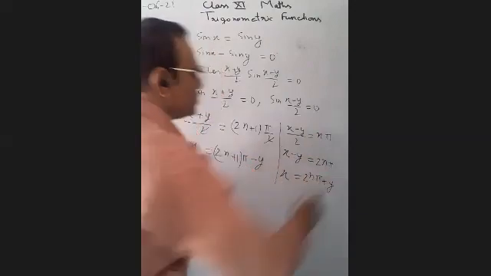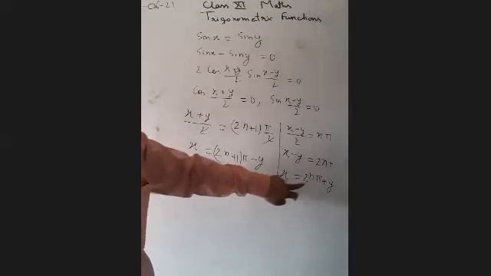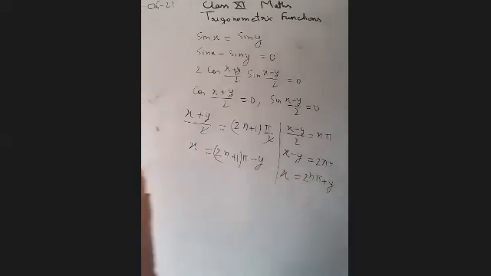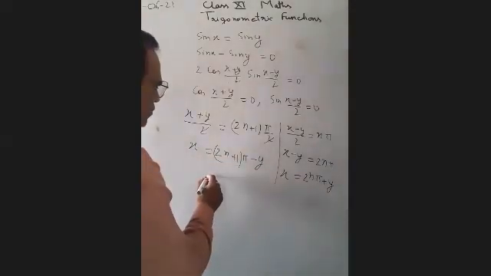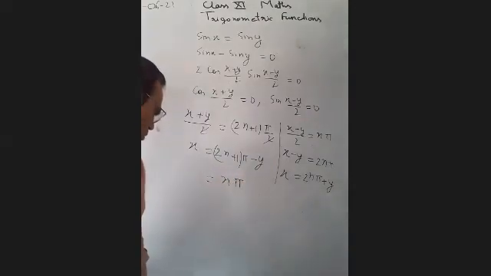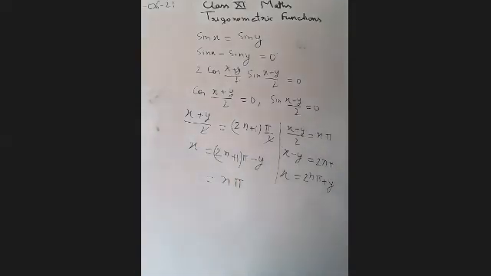So you are observing that if we take sin x is equal to sin y, we have two solutions. One is x is equal to (2n plus 1) pi minus y, and the other is x is equal to 2n pi plus y. That is, an odd multiple and an even multiple both are coming. 2n means an even multiple, and here it is an odd multiple. So we can write n pi, which means both even and odd are included. We have included both the numbers, even and odd.